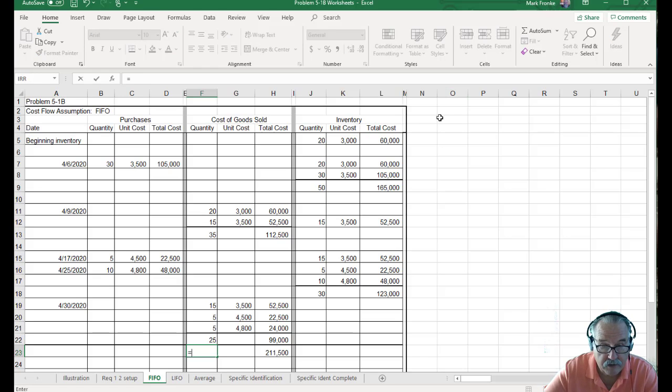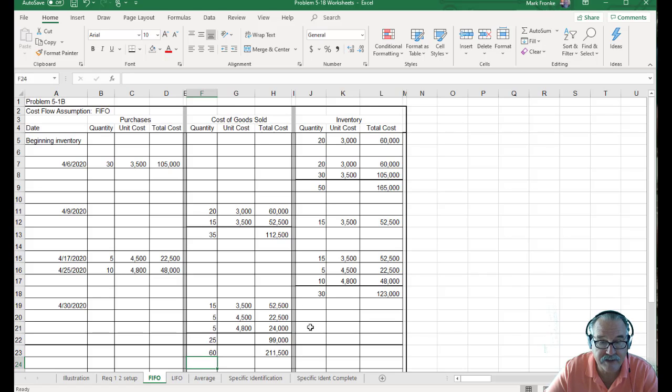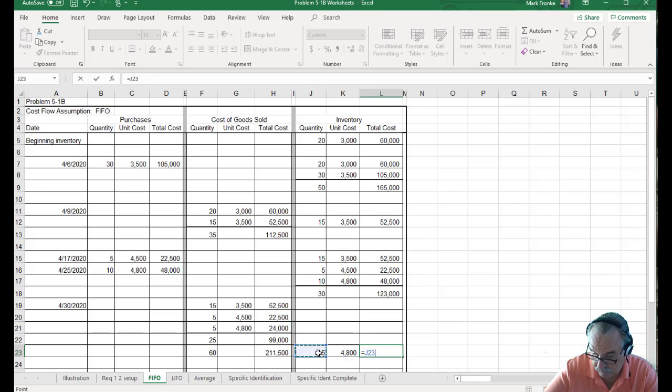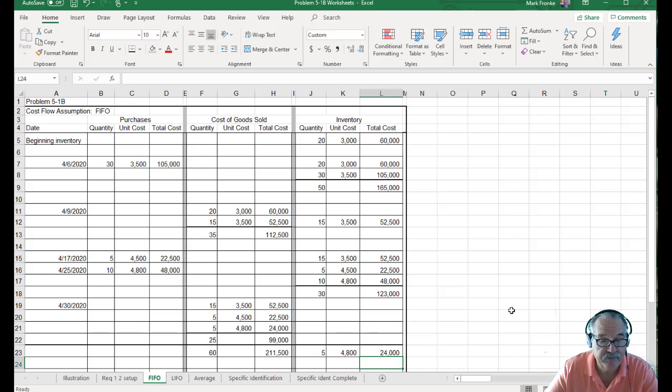$211,500. And this again should be the 60, and it is. And so what's left in stock at the end of the month is 5 at 4,800, which is $24,000. So we can go to our summary schedule